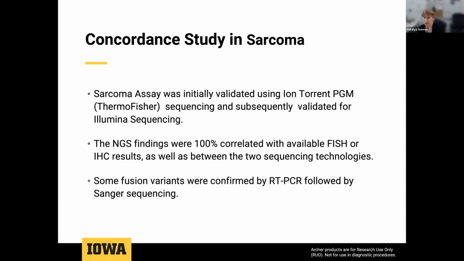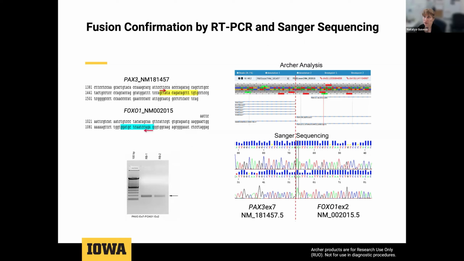Some fusion variants were confirmed by RT-PCR followed by Sanger sequencing, including some samples with newly detected fusions that had no prior results. So we established a confirmation approach. Since Archer analysis captures fusion-specific sequence and specific RNA references for fusion genes, we designed primers which flank the breakpoint and performed RT-PCR. Reverse transcription was performed using the same RNA sample we used for sequencing with the Archer assay, with the iScript cDNA synthesis kit from Bio-Rad, followed by PCR with fusion-specific primers